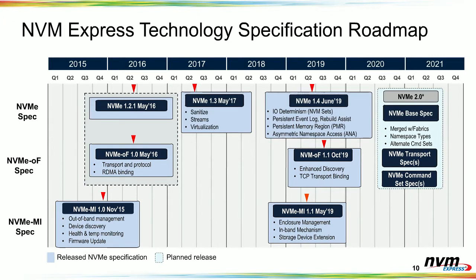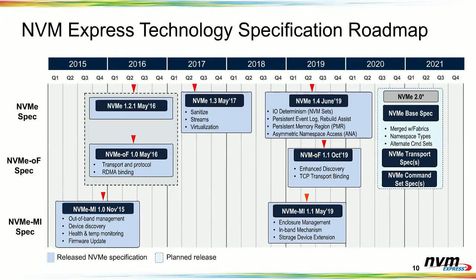So the current spec is NVMe 1.4, and you can find that on nvmeexpress.org. And the good thing about NVMe specs is they're all open. You can find them right on the website. Now, if you want to look at the new standards that are being developed for the next gen, you have to be a member. But for the currently released specifications, you can just go to the website and download the latest spec. And honestly, that's how I learned NVMe. With NVMe 1.0, I literally just downloaded the spec and read it, and it's much easier to understand. But it's nice that you can do that now right from the website.